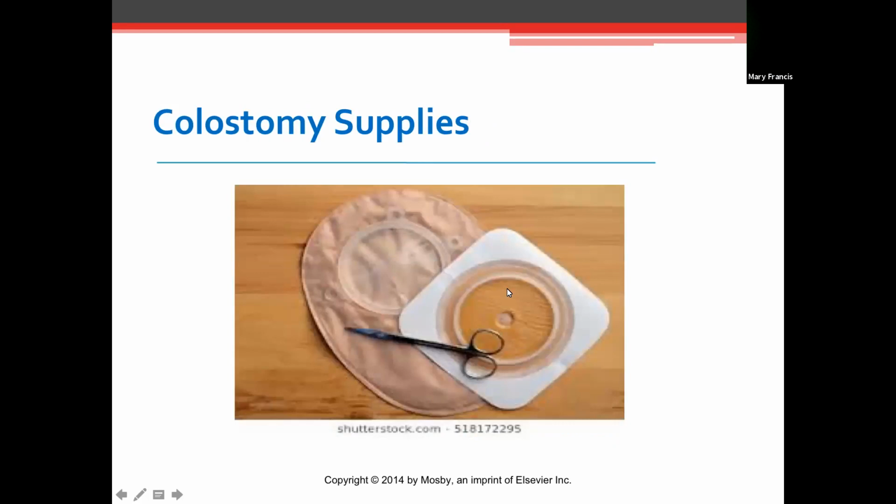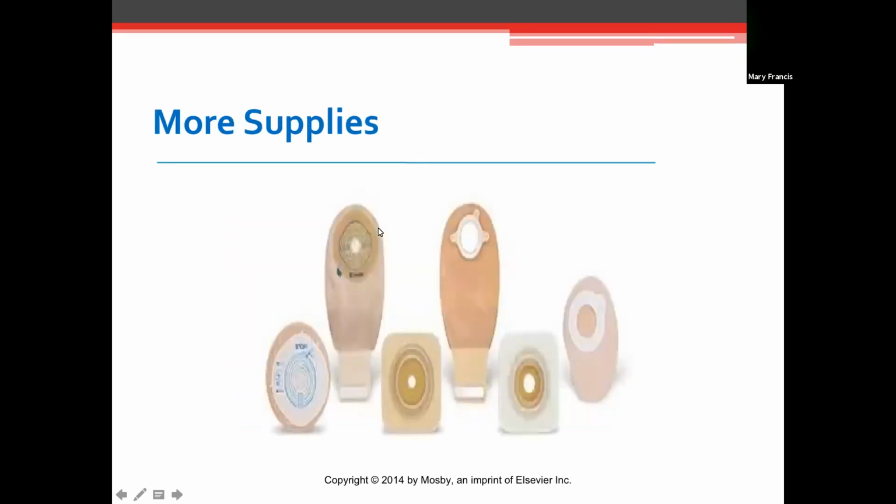These are some of the colostomy supplies. It is up to the registered nurse to make sure that prior to the patient going home, they feel comfortable with changing their bag, being able to empty their bag, and being able to get their supplies. This is the part that goes onto the abdomen, and then this seals on like a lid to a bowl. The supplies come in various sizes, because everybody's abdominal cavity can vary a little bit, and because of their goals of care, like do they want to be ambulatory, do they go to work, how will they manage this?